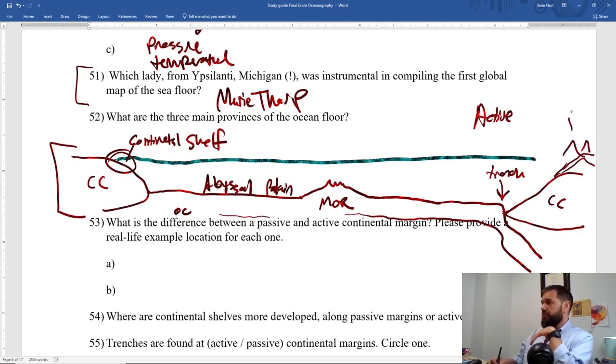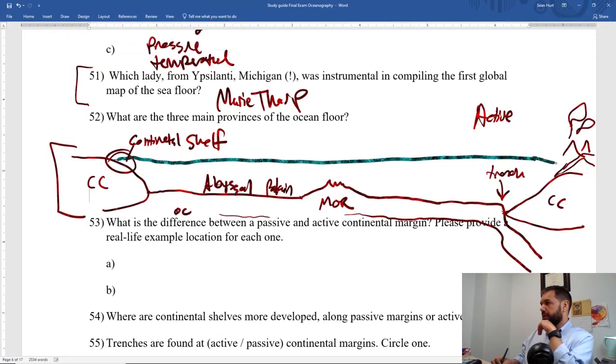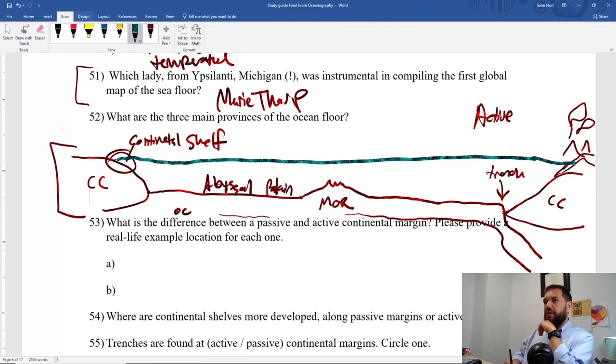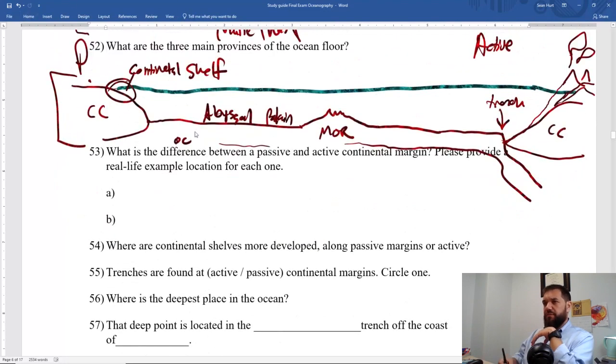You're going to get volcanoes brewing here. You're going to get earthquakes, and you're going to get a pretty small continental shelf. Okay, so at these kinds of boundaries, it gets deep very fast. The continental shelf is not very wide, and then it goes into the trench, which is the deepest part of the ocean. On the other hand, on a passive margin, you have these very developed, wide continental shelves. Okay, so it gets deep at a much slower rate.